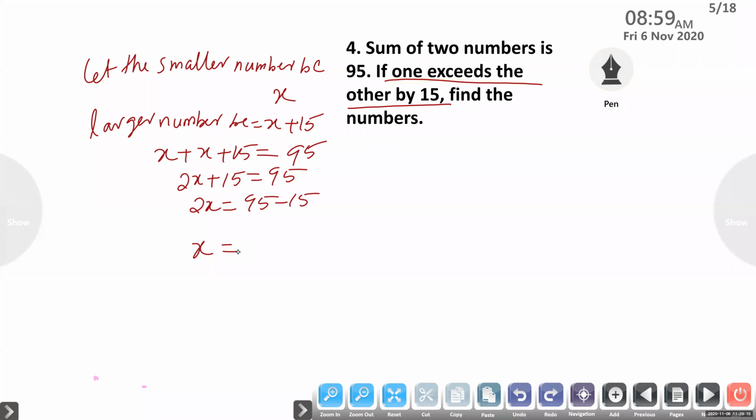Find x. x equal to 40. Yes, x equal to 40. So the larger number, smaller number is